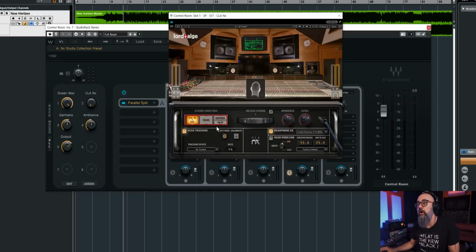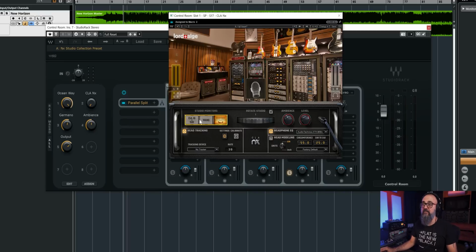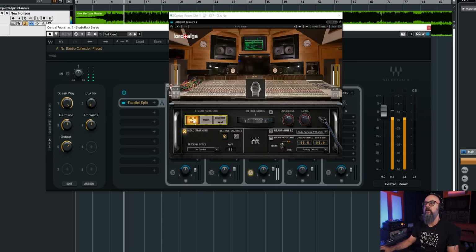So on this plugin, the CLA NX Studio, I have 3 sets of monitors I can listen to. The CLA 10, which is a pair of NS10s, plus the sub, the mains, and a boombox. So let's have a quick listen. Again, use some headphones if you want to have a good idea of how this sounds. So if I turn my head from left to right,